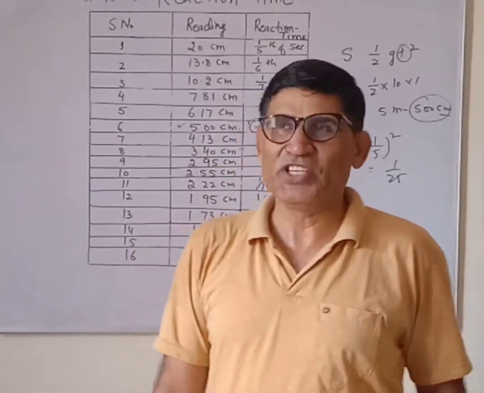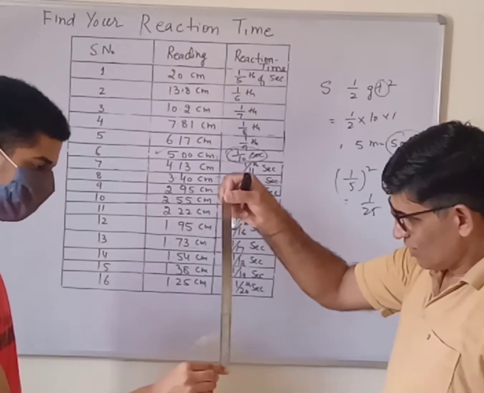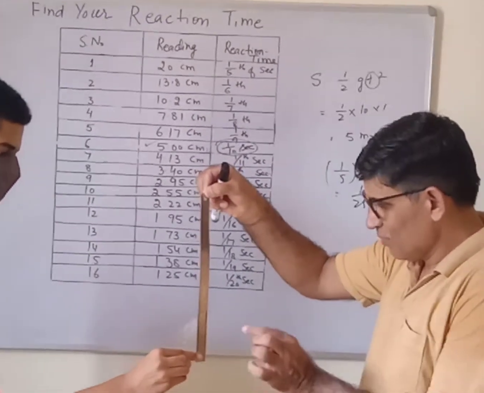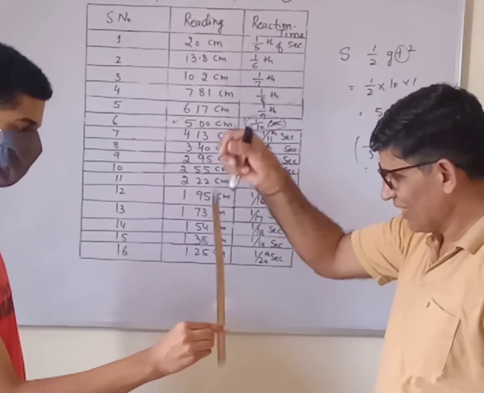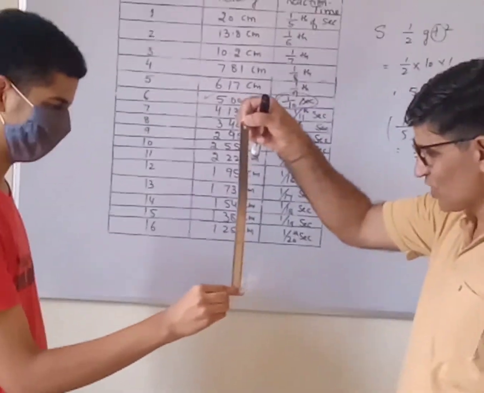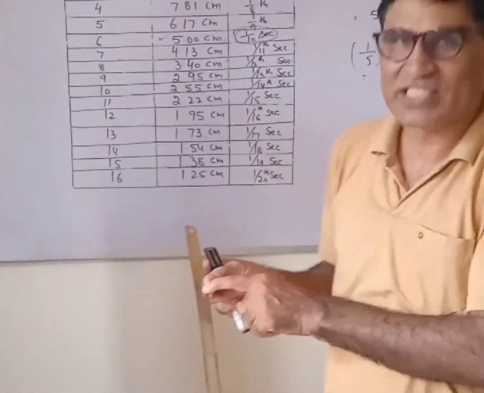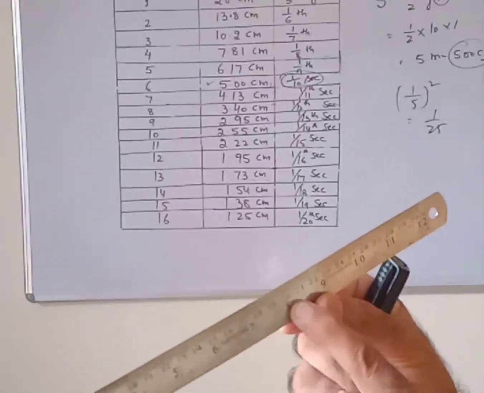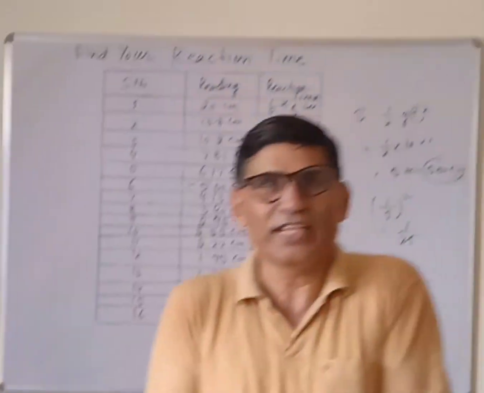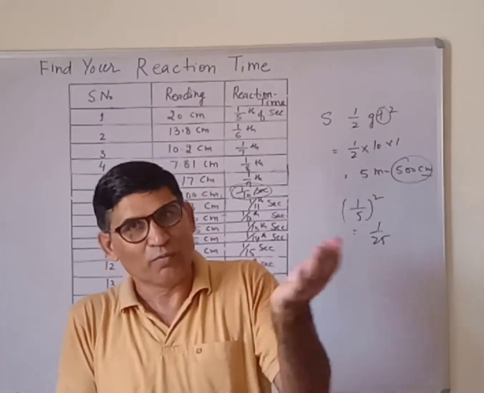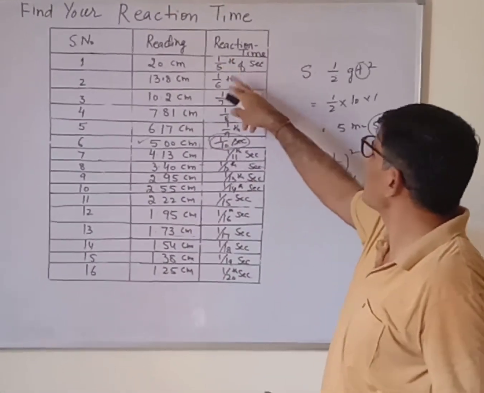Now next I am calling Mr. Badak. Come, beta, come. Are you ready? Yes. I can release it anytime. Be ready. Keep it wide. Don't hesitate. No, you are not ready. I will give you one more chance. Be ready. This time it is 21 centimeter. You can decrease the distance. If the distance is smaller, then your reaction time will be less, and you are more alert. So it is 21 centimeter, I think nearly 1/5 of a second.